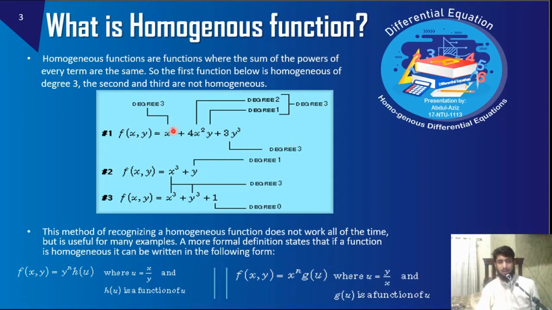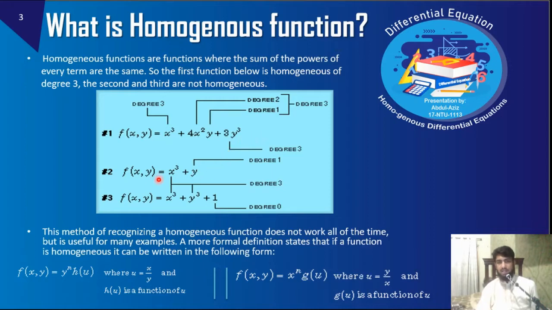And how to calculate the degree level? You can see that the power of a variable is its degree. x cube has power 3, so the degree is 3. In x square y, the power of x is 2 and the power of y is 1. 2 plus 1 will be equal to 3, so the degree is 3. Same here, y cube, which is y to the power 3, the degree is 3. So we have the same degree level in all the terms, so it is a homogeneous equation.